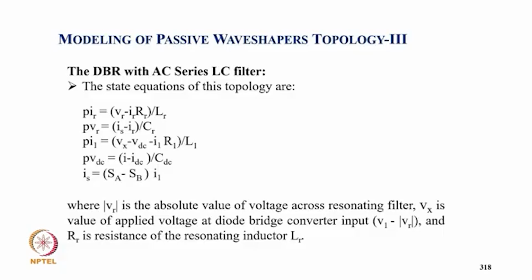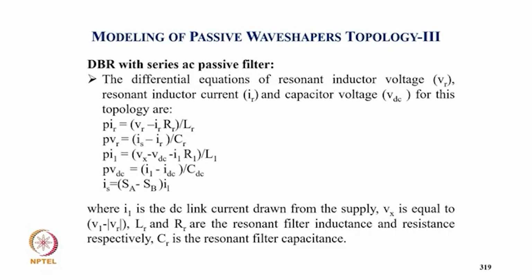VR is the absolute value of voltage across the resonant filter, and Vx is the value of line voltage and diode is converted to V1 minus absolute value VR, and R is the resistance of the resonating inductor LR. So for DBR with series AC passive filter, the difference equation of resonating inductor VR and resonating inductor current IR and